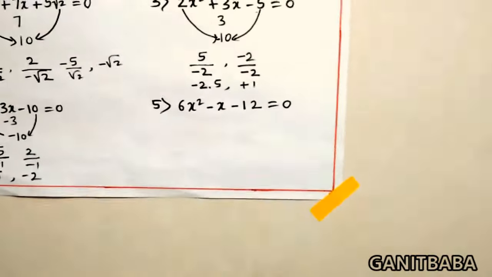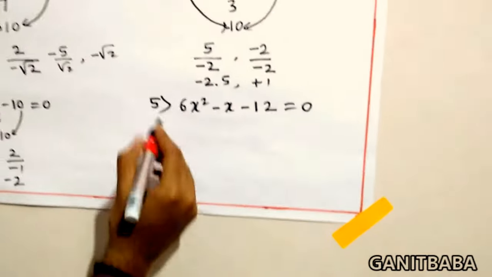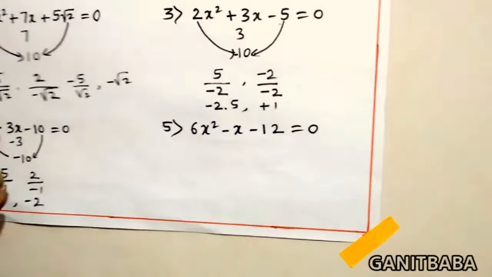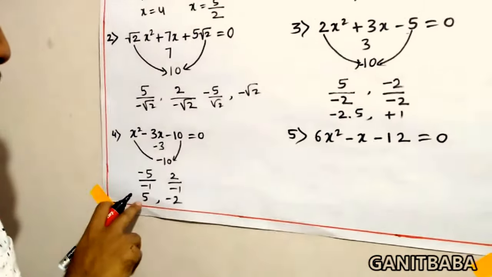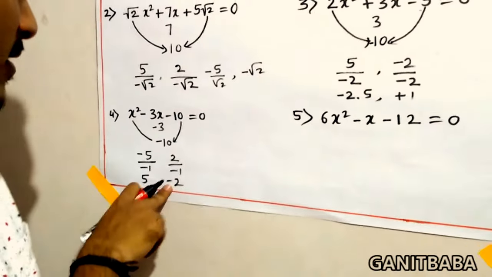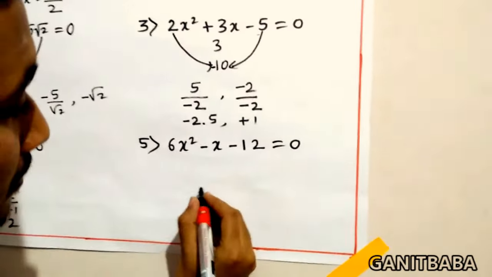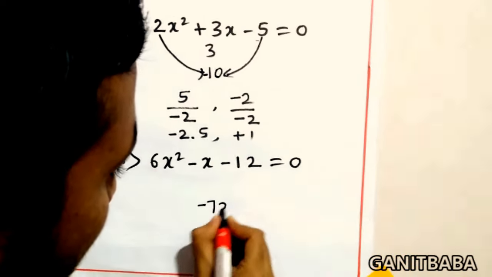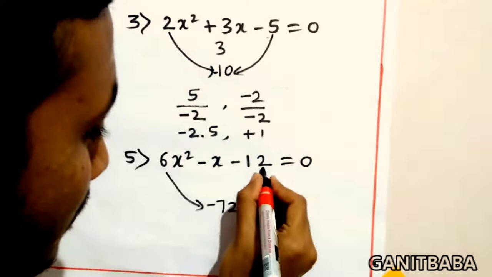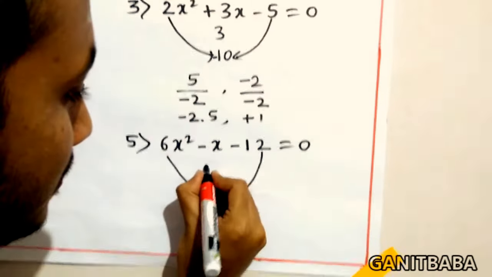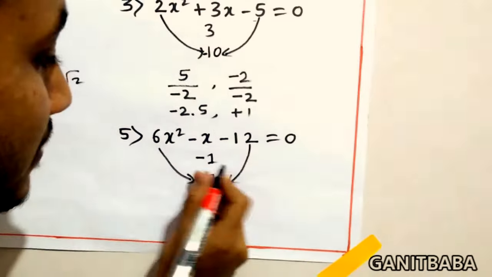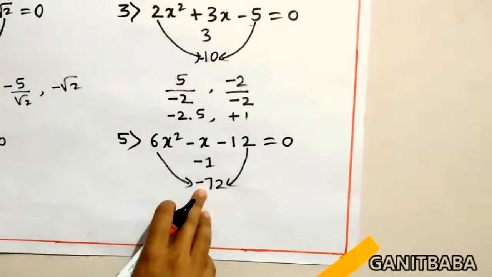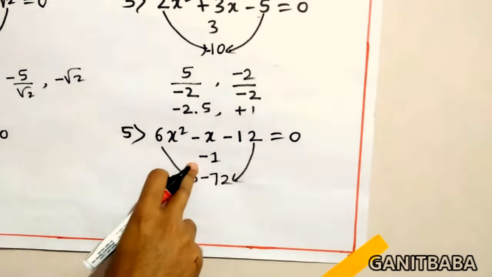Okay, we'll go to the last problem. Here it is 6x square minus x minus 12. As we saw in the last problem, if it is minus minus, the biggest root will get plus and the smallest root will get the negative sign. So we'll solve using this method. Okay, so here 12 into 6 is 72, that is minus 72. Here the coefficient of x is b, minus 1. So we need to divide this number in such a way that the product should be equal to minus 72 and its addition or subtraction is equal to minus 1.